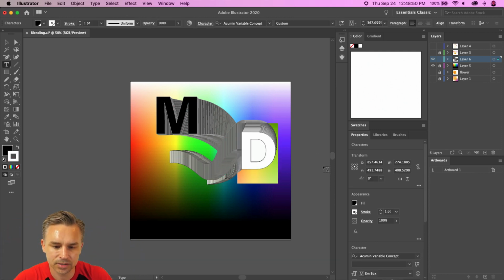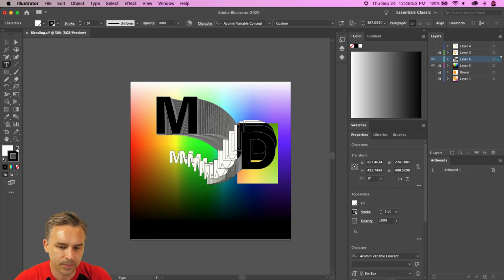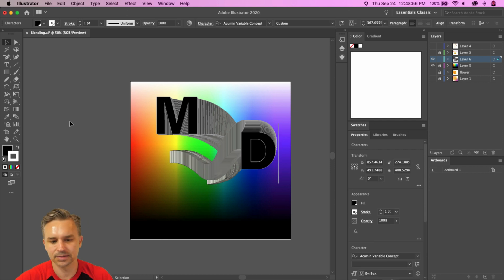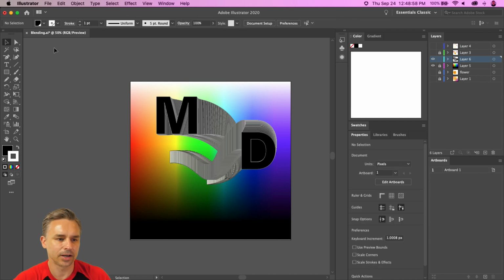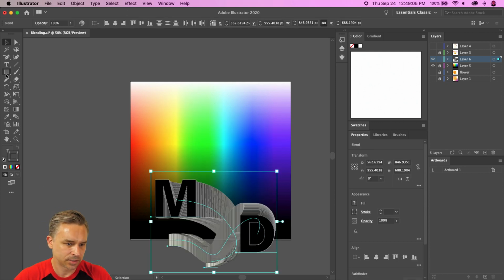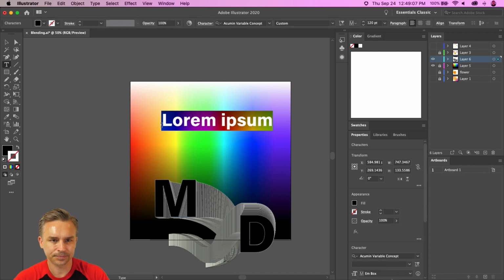I think actually I should probably flip these colors. Maybe that would look a little bit better. Nah, no it doesn't. All right, you guys get the idea, right? We're just having fun. Another thing, you could actually add effects to these. So if I decide to have,